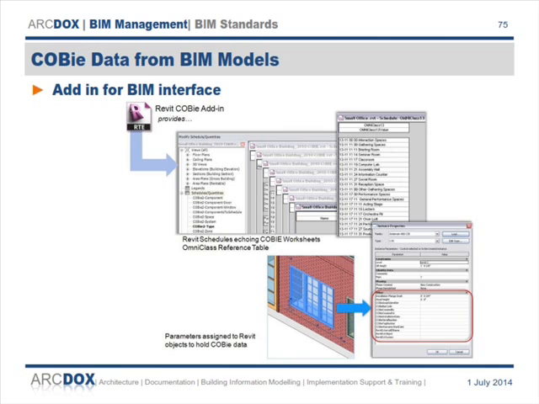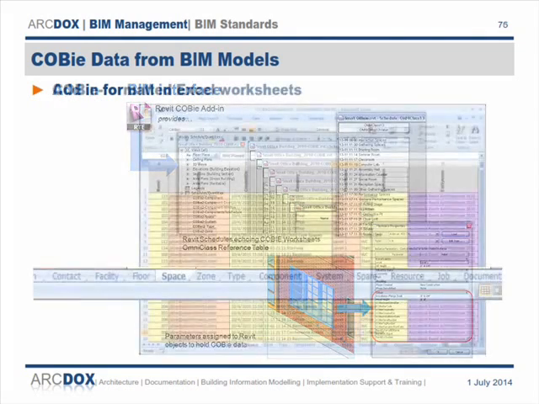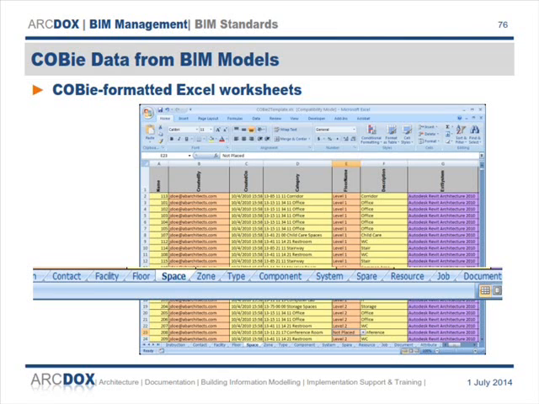What it does is it adds parameters, the information that COBie wants, to all the objects in the model. So it adds parameters for installation date, warranty dates, that sort of information to every object in the model, and then creates a series of schedules that can then be exported to COBie, and that's a COBie spreadsheet, an Excel spreadsheet with